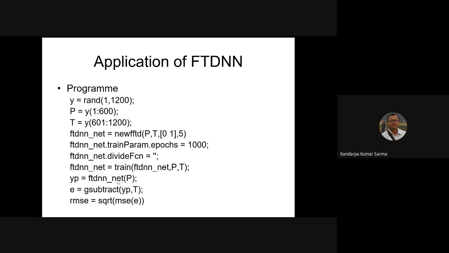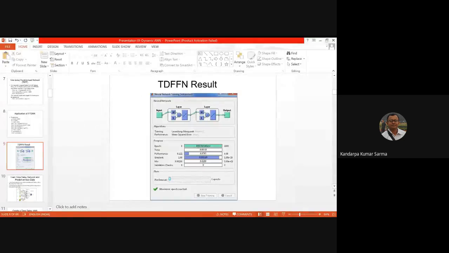Here is the way to simulate the response from the trained network. And if we want to find the root mean square difference, that can be found from this particular syntax. So if we run it,